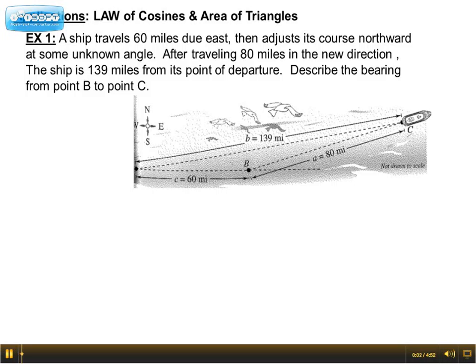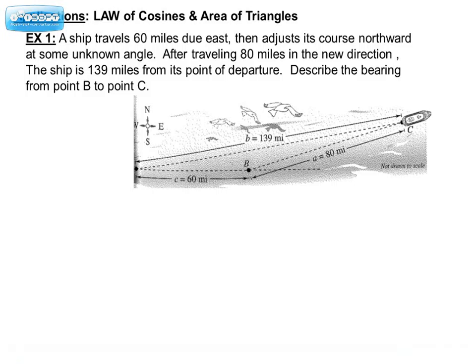In this presentation, we will review two applications that make use of the law of cosines and compute the area of triangles. It is assumed you are familiar with the law of cosines and are familiar with the triangle area formulas. First application, we have a ship that's traveled 60 miles due east, changes course at point B, travels 80